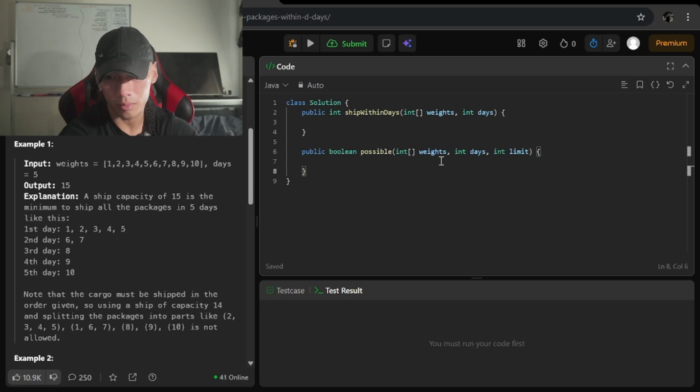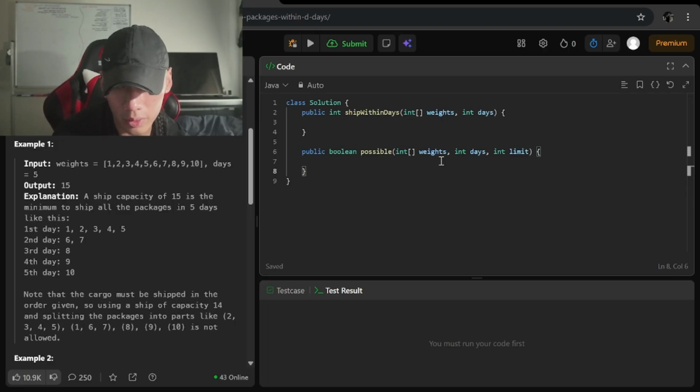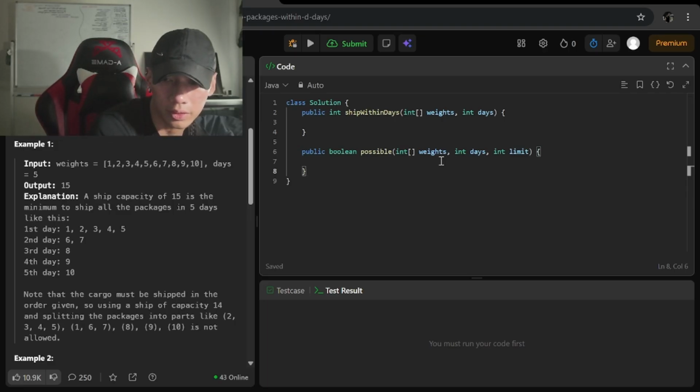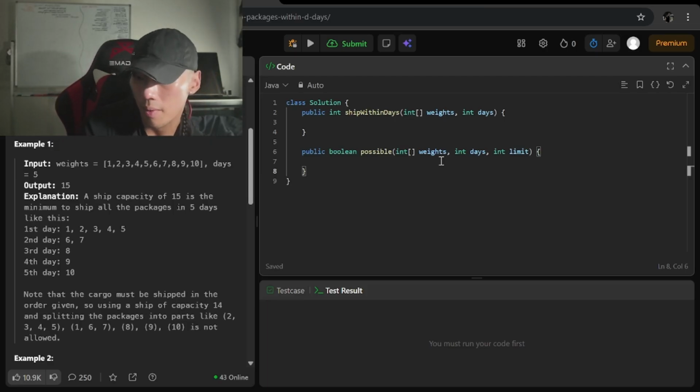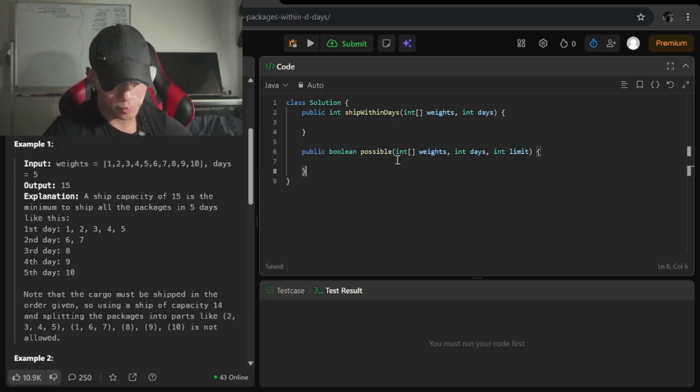In the very first example, that would be 1, 2, 3, 4, 5, 6, 7, 8, 9, 10. 19, 27, 34, 40, 45, 49, 52, 54, 55. So 55 divided by 5 is 11.